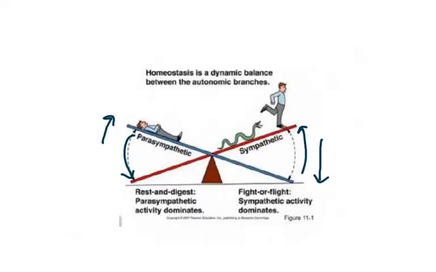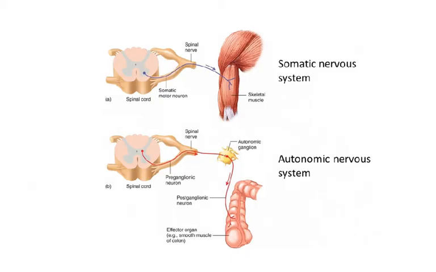And here we saw that they're kind of acting in contrast to one another. So if you have a lot of sympathetic activity, you're going to have very little parasympathetic activity. And if you have a lot of rest and digest activity, you're going to have very little fight-flight behavior. So they're acting in contrast with one another, or in opposition with one another. Okay, and then finally, we're going to see that there's going to be some anatomical differences between the autonomic nervous